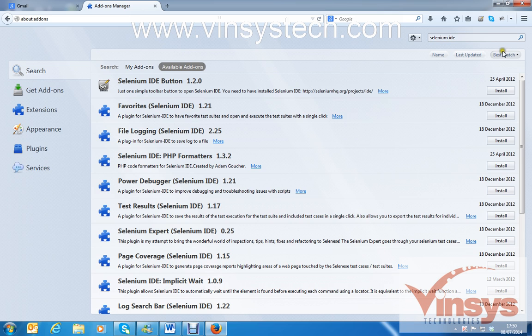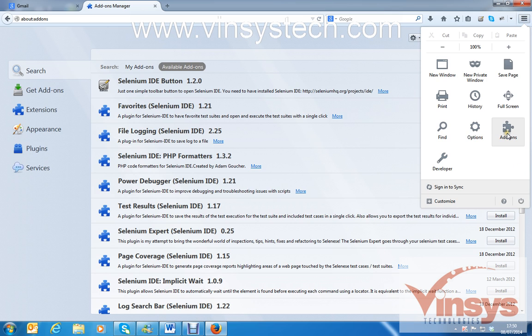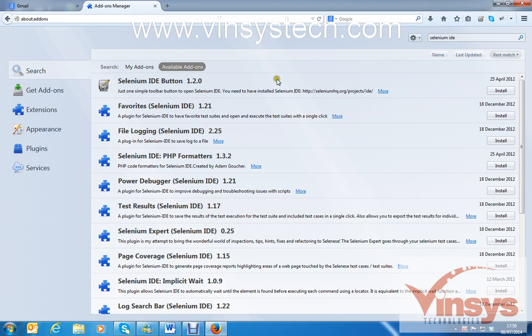So you can go to the menu, and under the menu go to add-ons, type Selenium IDE, search for it and install. It will be installed and stored at the top right. Right, so this is how to install the IDE to a Firefox browser.